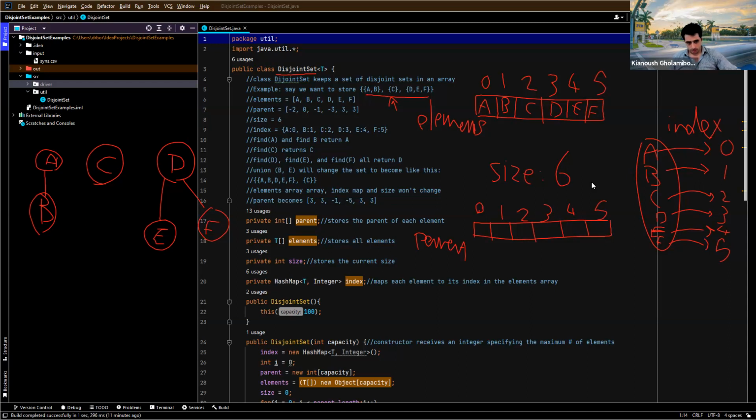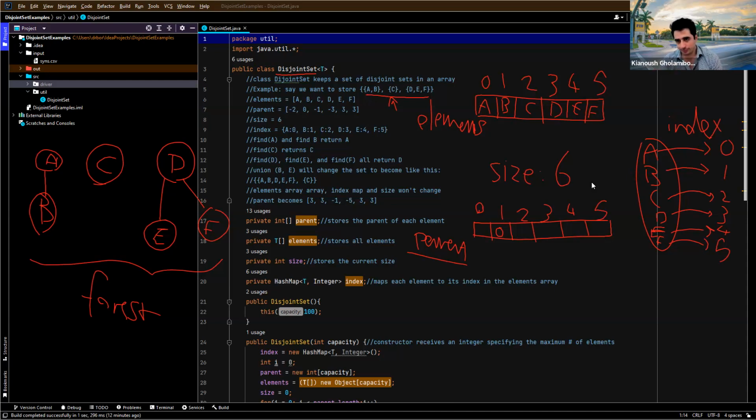How do you store this? We call this a forest, or you could call it a set of trees. How do we store these in an array like parent? Basically, the parent array is going to keep track of the parents. So who's the parent of B? It's A. What's the index of A? It's 0. So I will keep 0 here. It's an int array. Why did I keep 0 in index 1? Because index 1